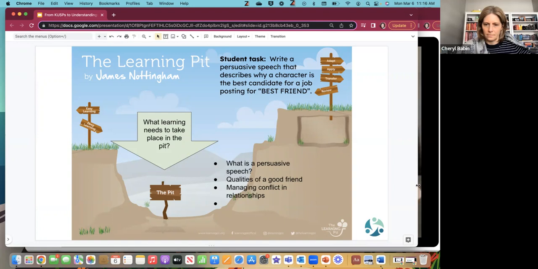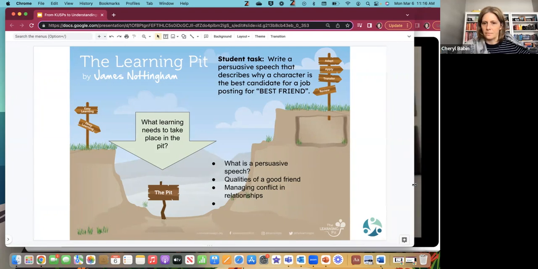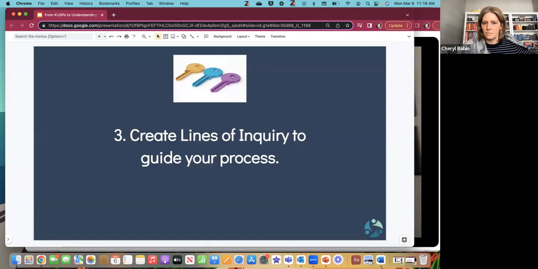And there's many other things that could be incorporated into that. How to collect data for research, analyzing a character in a novel, many, many different things could be incorporated into that learning kit.